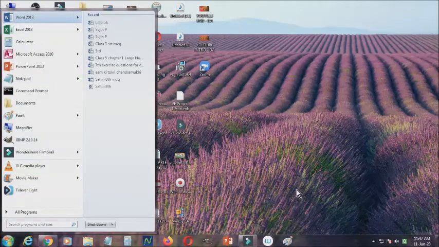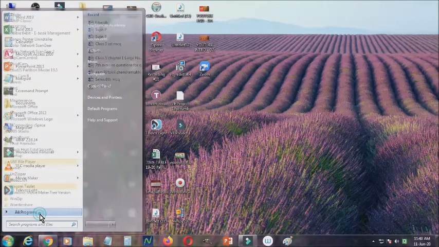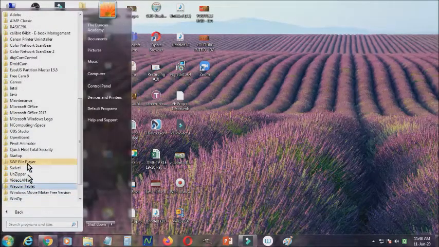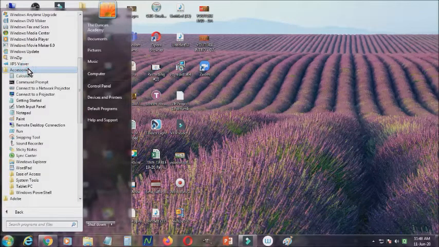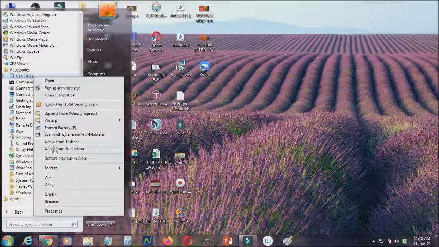So if you want to add your calculator icon here, just go to all programs and accessories. Here you will get a calculator option. Just right click it and you will get a shortcut menu. Here you can see unpin from taskbar, unpin from start menu.